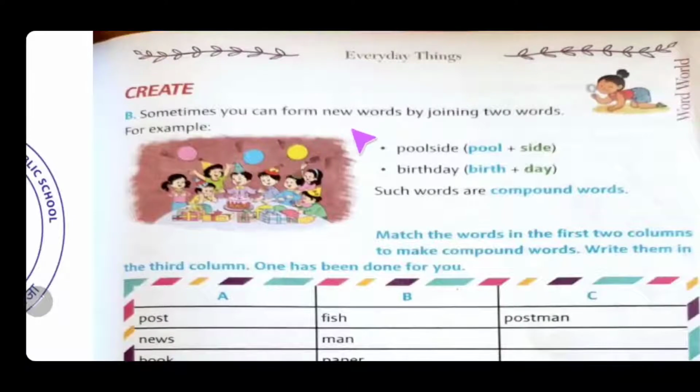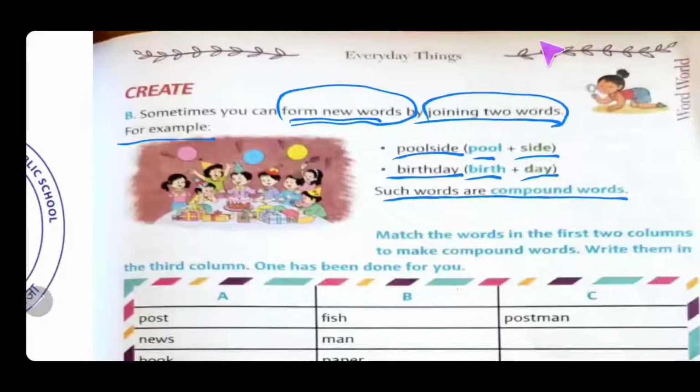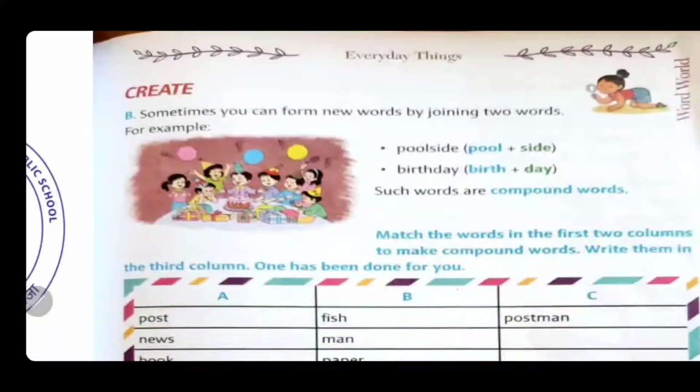Sometimes you can form new words by joining two words. For example, poolside, pool plus side, birthday, birth plus day. Such words are called compound words. So, sometimes you can form a new word by joining two words, right? For example, pool plus side. So this is one word, that is pool, and the other word is side. So when you join these two words, you form a new word, that is poolside,